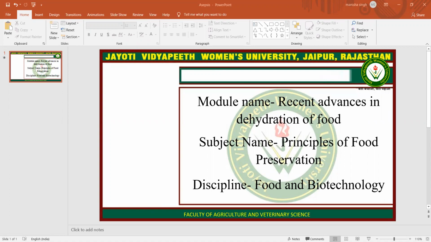Microwave drying uses electrical energy in the frequency range of 300 megahertz to 300 gigahertz, with 2450 megahertz being the most commonly used frequency. Microwaves are generated inside an oven by stepping up the alternating current from domestic power lines at a frequency of 60 Hz up to 2450 megahertz. A device called magnetron accomplishes it.